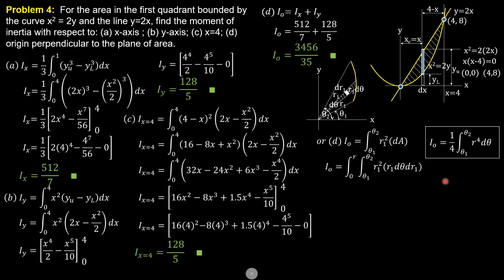So next, we transform the line and the parabola into polar form. So y is r sine theta, remember, from polar coordinates, and x is r times cosine theta. You just form a right triangle, the hypotenuse is r, the angle in counterclockwise direction theta. So y is r sine theta and x is r cosine theta. So r sine theta equals 2 times r cosine theta, cancel r. So that means tangent theta is 2, or theta is arc tan of 2. So this line y equals 2x in polar coordinates is theta equals arc tan of 2.